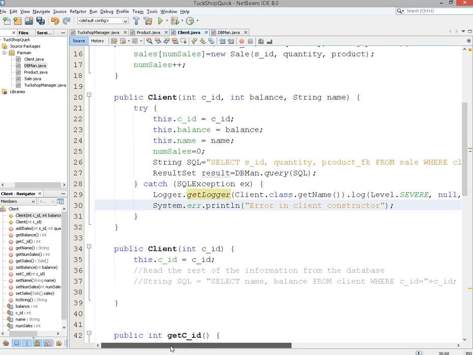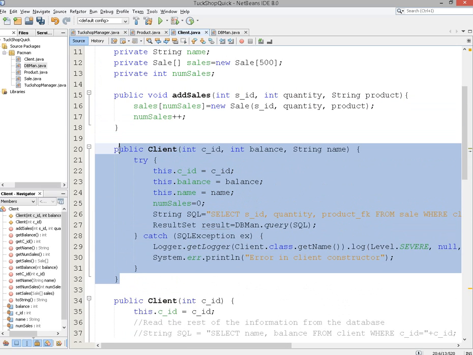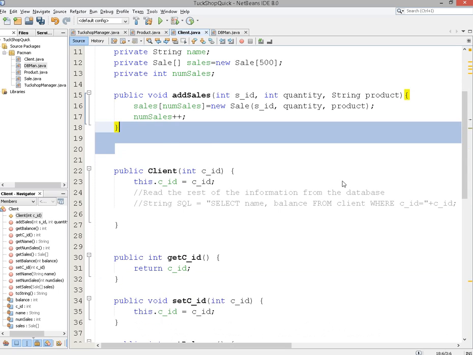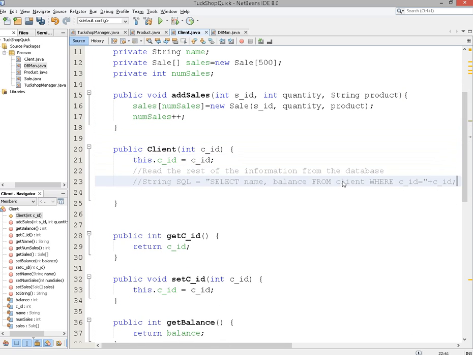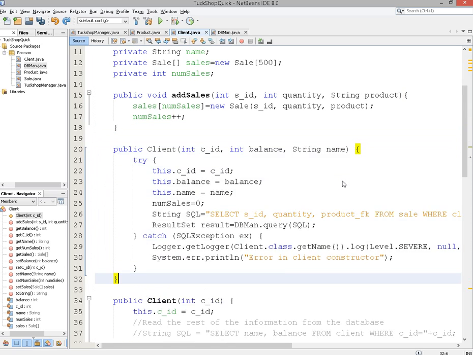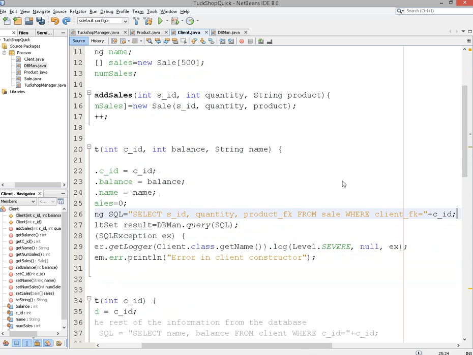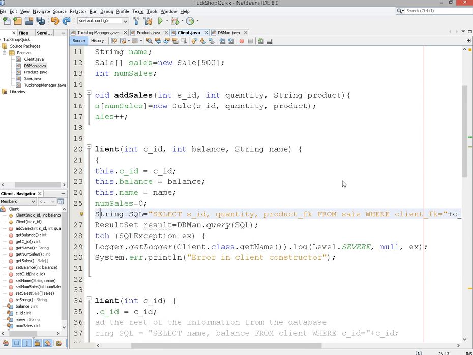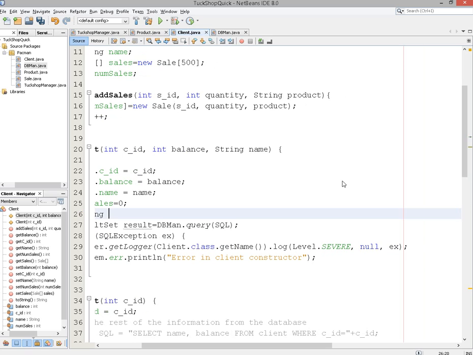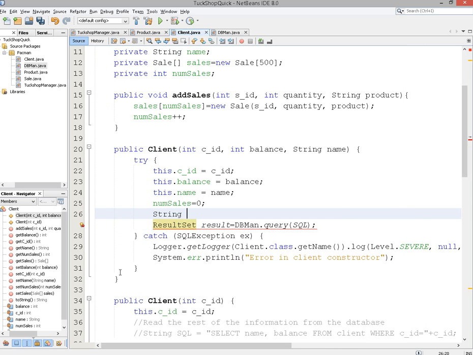I've got two client orders here. I don't like that. I'm actually just going to delete this one. I don't want this one at all. I'm only going to be creating this one here. Oh, before I do that, let me copy and paste this SQL statement, because this is useful, because we're going to need that still. Okay, so the first thing we're wanting to do